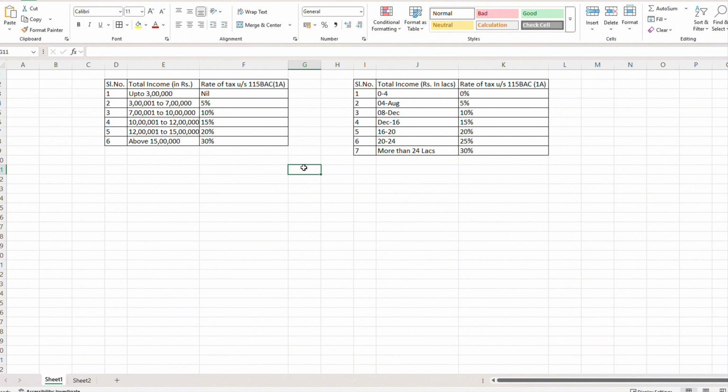Even if you go for tax filing in 2025, that would be assessment year 2025-26. The tax you are paying is for financial year 2024-25, and this will follow the same tax structure as earlier.